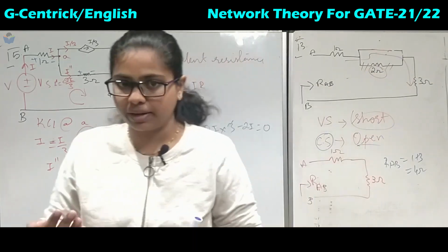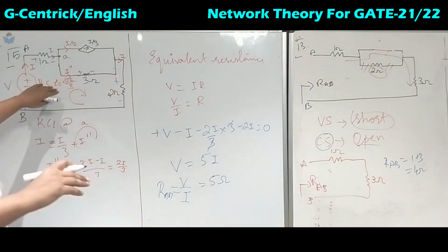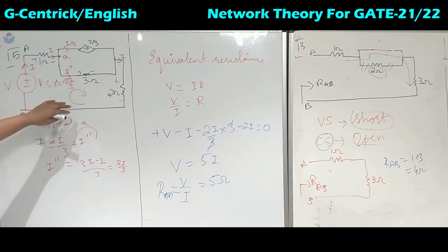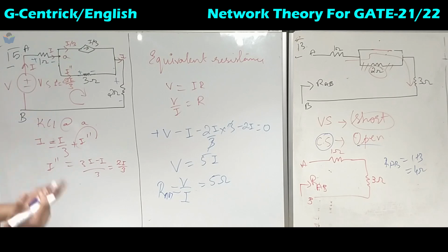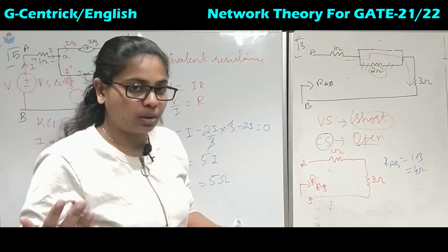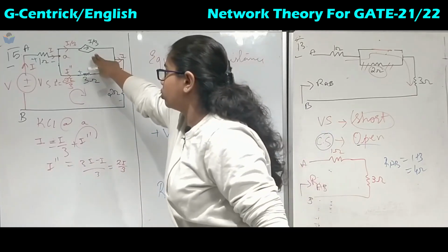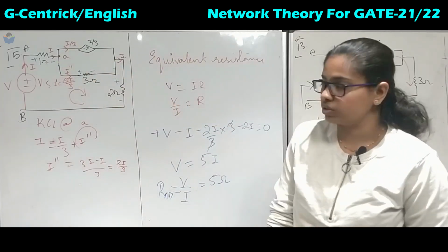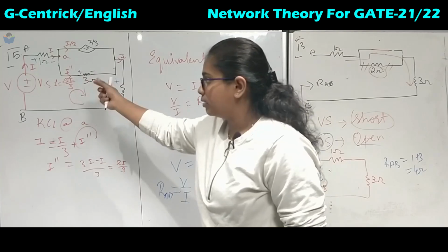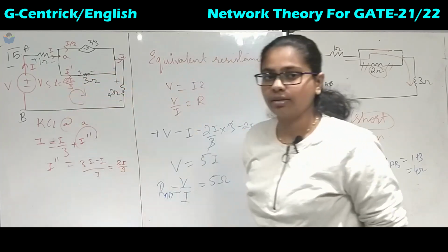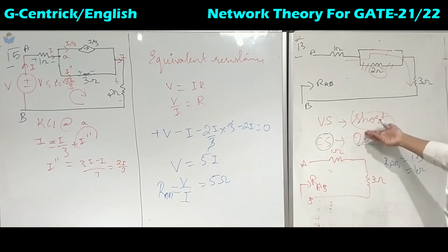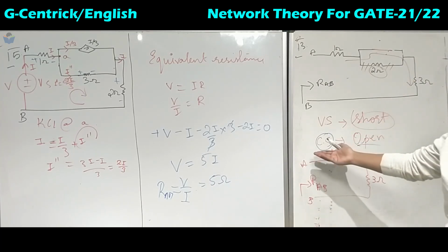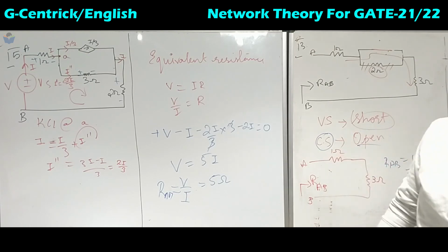So whenever the dependent source is given and there is no active voltage source or active current source, what we have to do is we need to make this circuit active. Then once it is made active, we need to apply the KVL. Okay, we cannot short or open the dependent sources. So we have to activate the circuit by adding a voltage source. And also when a voltage source is given, we need to short the path, and when a current source is given, we need to open the path.